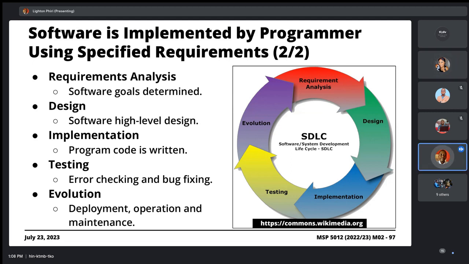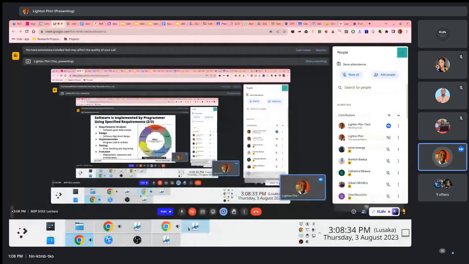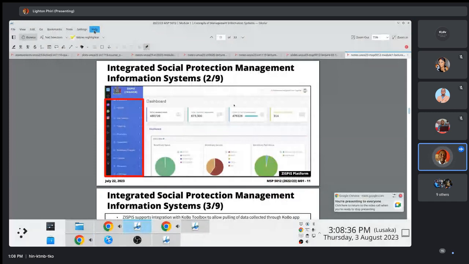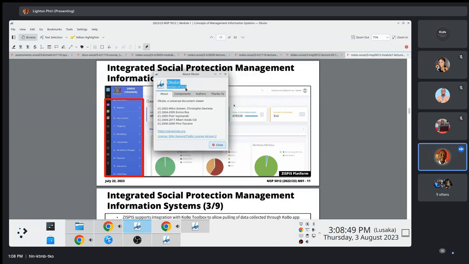Right. So to answer your question, it's difficult for you to predict when the change is going to happen. But thank you for that wonderful question. What's important is for us to appreciate when the change occurs. These versions, you see them everywhere, by the way. When you go to a piece of software, like this software I'm using, it's called Ocular. If you go on About Ocular, you will see this number here. In this case, it is version 22.12.3.